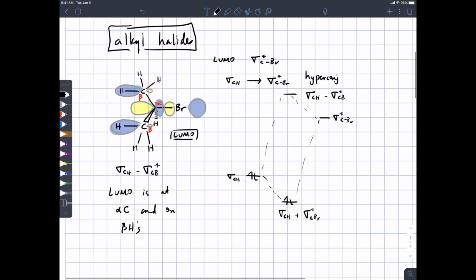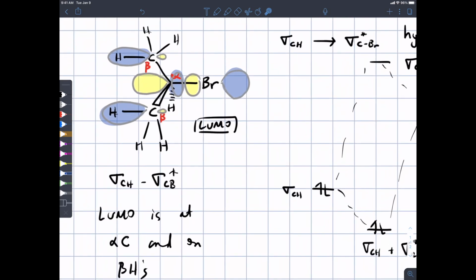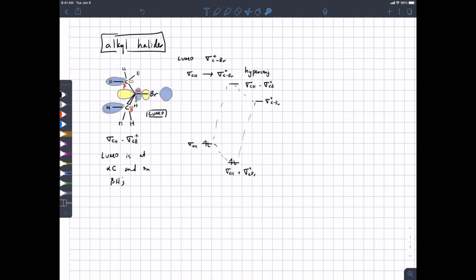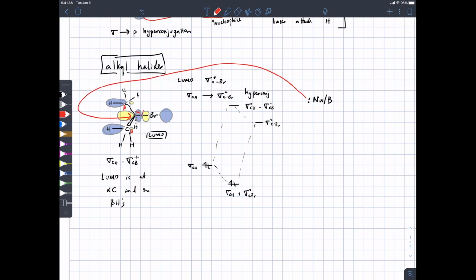One other way to see this, I'm not sure, I think maybe we won't draw it this way, but if you wanted to, no, actually we're going to draw it this way, sorry. So this means that the nucleophile/base with the high energy electrons, again, can choose whether to attack at the alpha carbon and do SN2 chemistry, or to attack at one of the beta protons and do a reaction we call elimination.